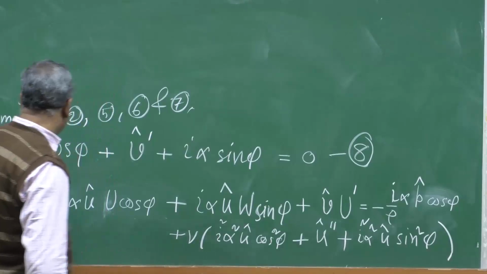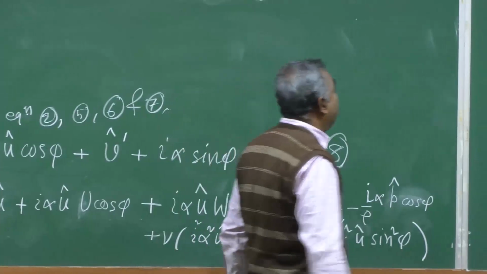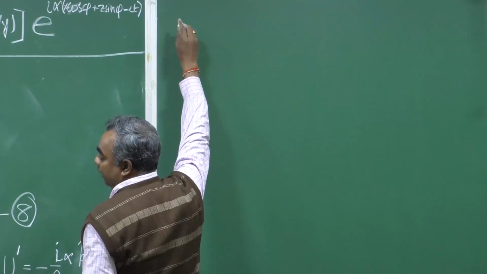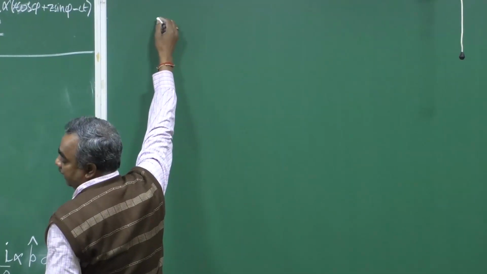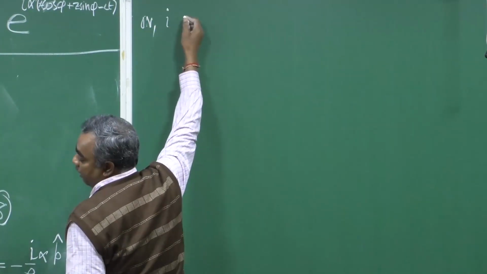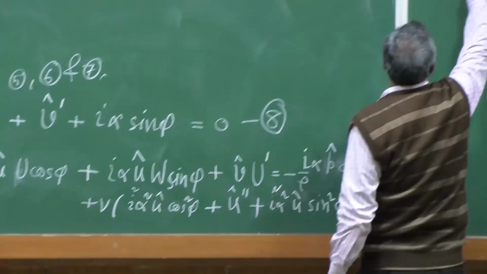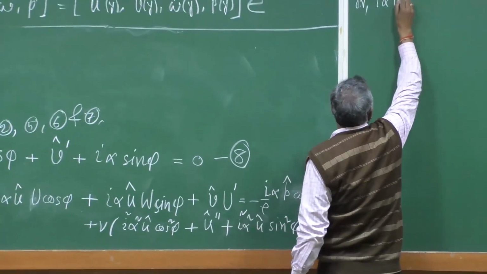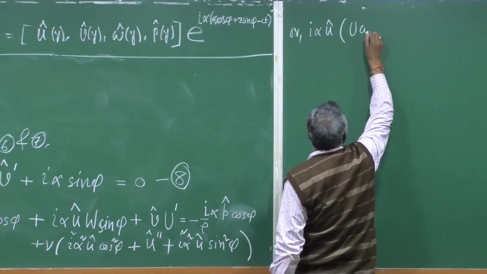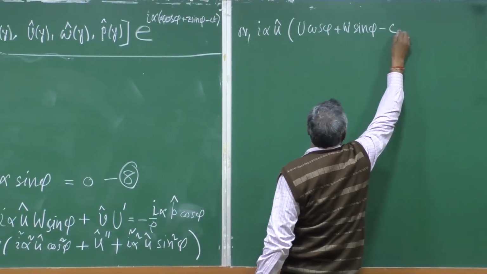If we simplify this equation, we can write it by taking i alpha u hat common. Then we are left with u cosine phi plus w sin phi minus c,